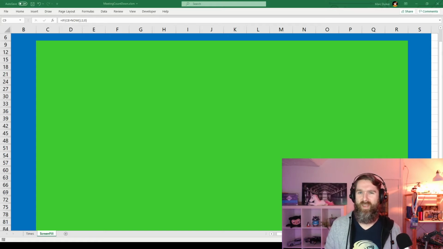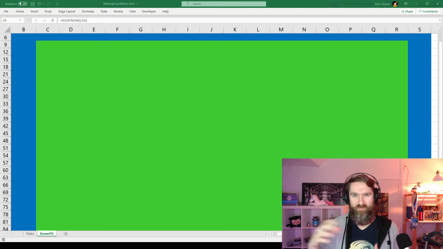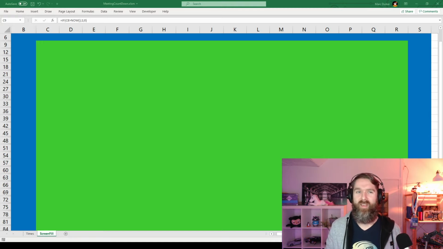Hey everyone. So I'm now going to talk about the solution of how I built the progress bar in Excel, which can be used then as a background in OBS and then as a virtual camera, so you can have this progress bar in your Teams meeting. So what you see here is the Excel file, and the green background can then be made transparent in OBS